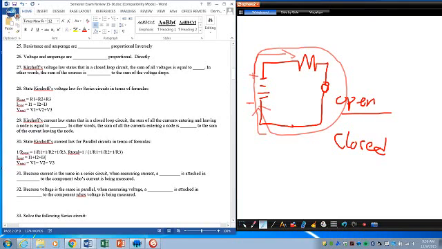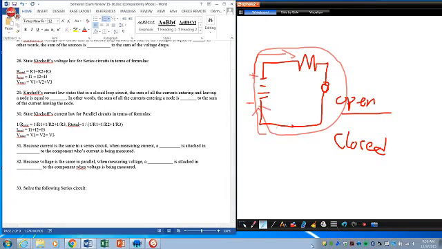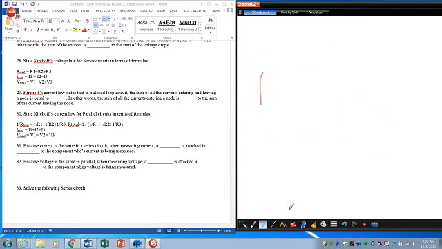Okay, so number 31: because current is the same in a series circuit, when measuring current, an ammeter is attached in series to the component whose current is being measured. So basically that's saying, let's say we have a series circuit. Here's a battery. There are 2 resistors and 1 battery. To get the current, all you have to do is first